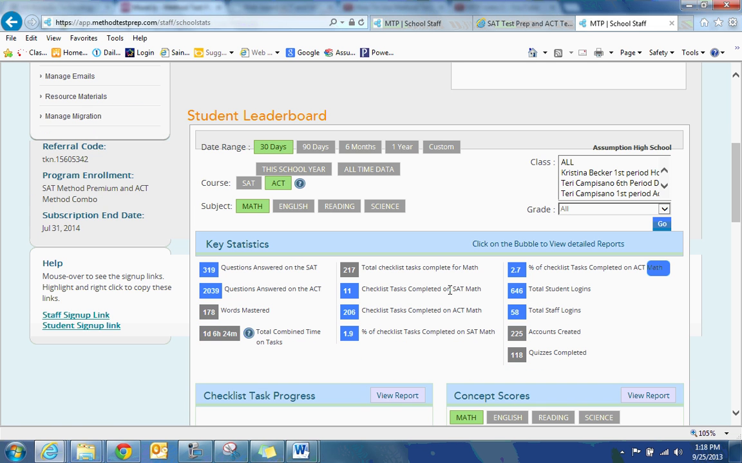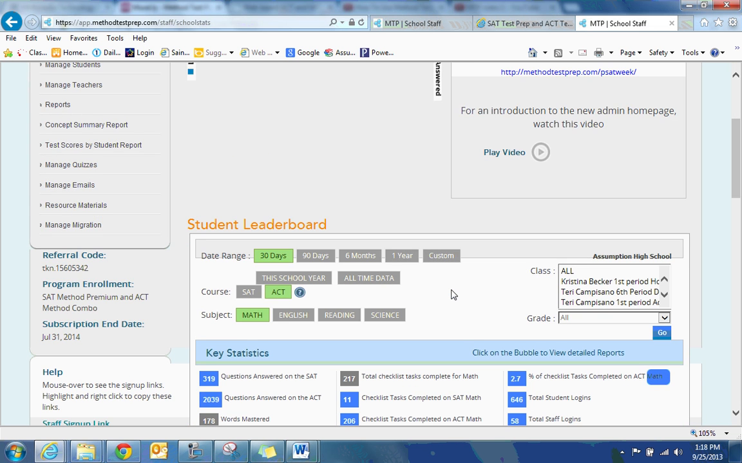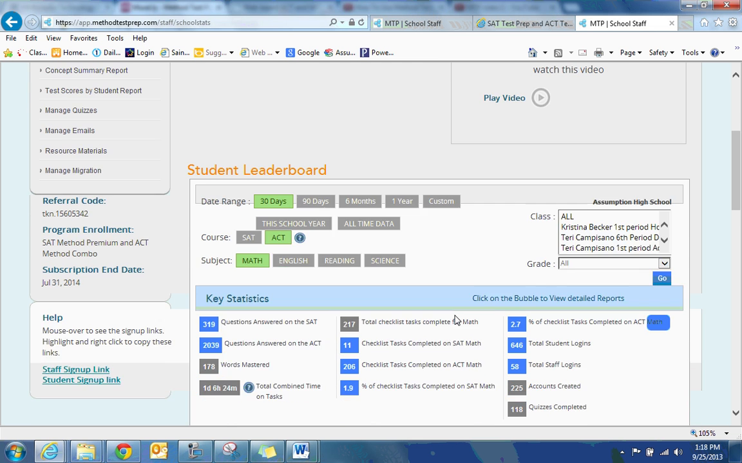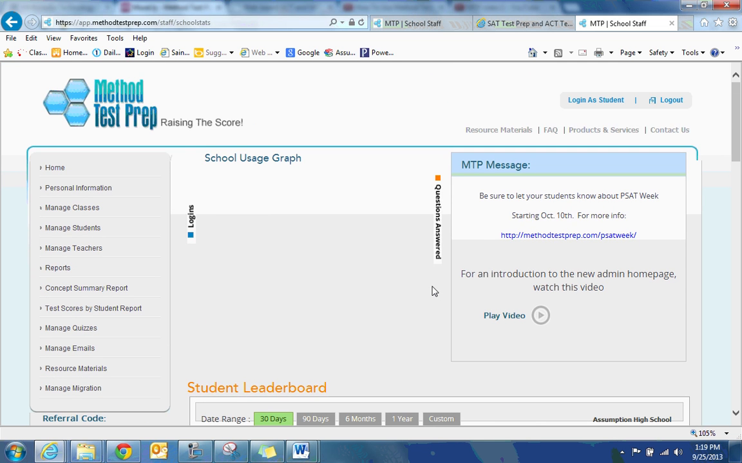But they kind of keep you updated on what's going on in your school. All this data is from our school. Here's a list of classes that have been set up. You can choose by grade level and that type of thing. But what I wanted to show you is that you can come in here, you can create your own quiz,